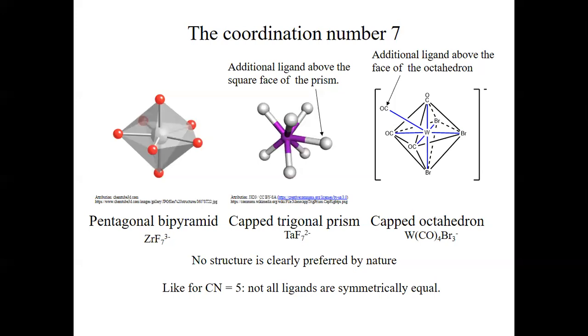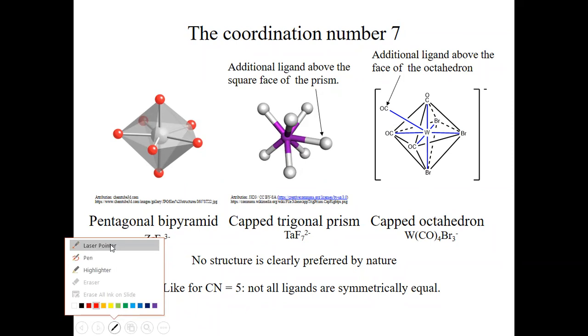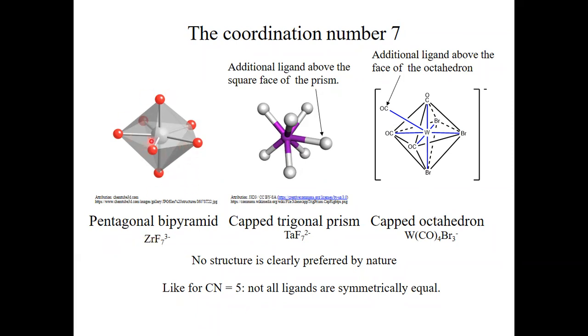Now let us discuss high coordination numbers, which are again not so prominent, but still observed in nature and therefore deserve a discussion as well. So the first coordination number that I would like to discuss is the coordination number 7, so similar to the coordination number 5. No structure is clearly preferred. Actually, there are 3 structures that are observed about equally